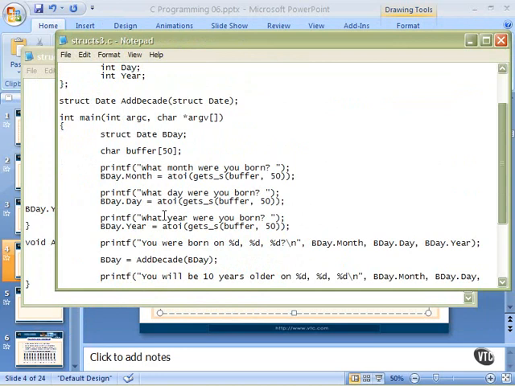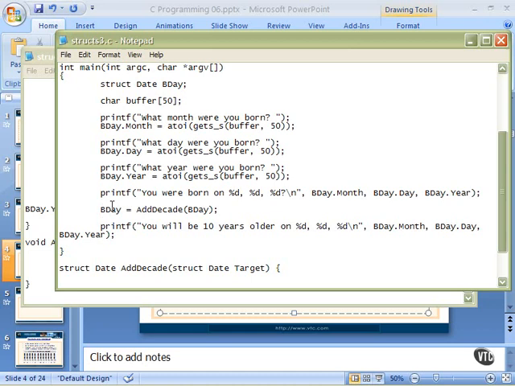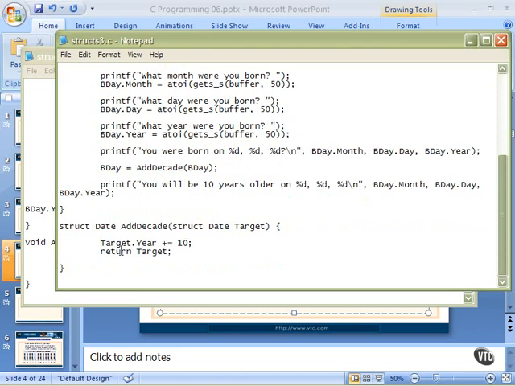And down here, we'll get our questions answered, and then we'll say that the birthday equals the results of addDecade of birthday. Now we'll pass the structure date target into our function, do some work on it, and then return it back to here. So all the values have to be copied down here. Now imagine if that's a big structure, a database record or something like that. That's a lot of data to put on the stack. And in some runs of the program, maybe that's too much data to put on the stack,